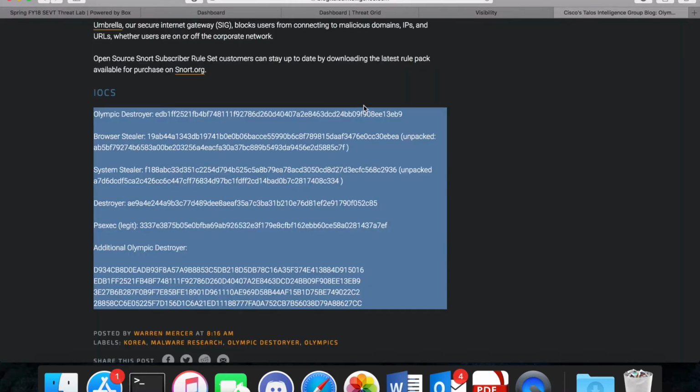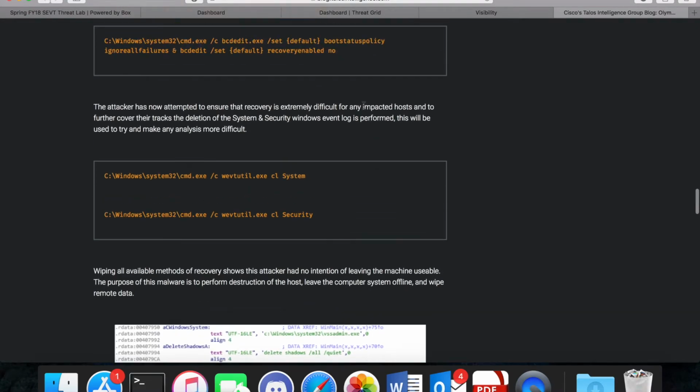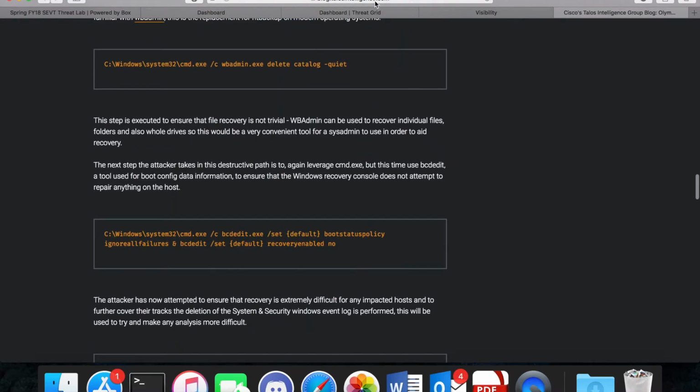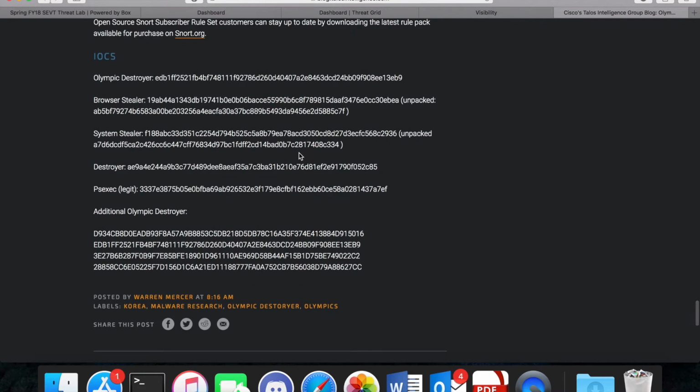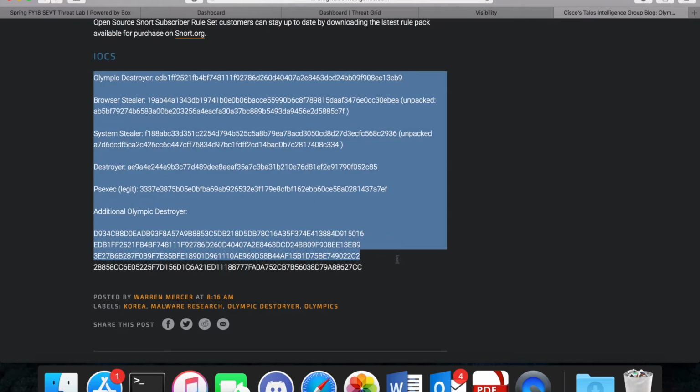What you'll find is if you follow the link to blog.talosintelligence.com and scroll all the way down, you'll find IOCs, which are indicators of compromise. This could be malicious hash code used to invoke a specific action or process on a computer. And what we'll do is use these IOCs and investigate them in the Cisco software. So what you'll want to do is copy,